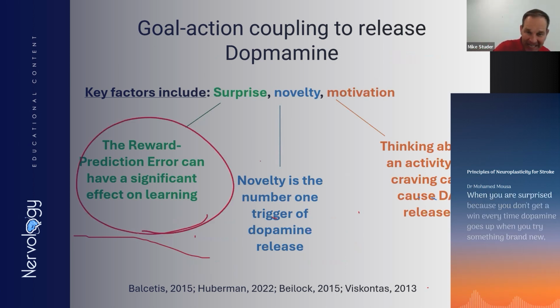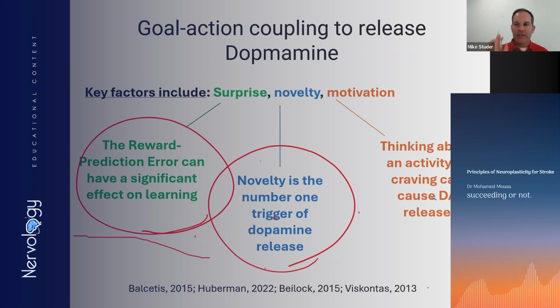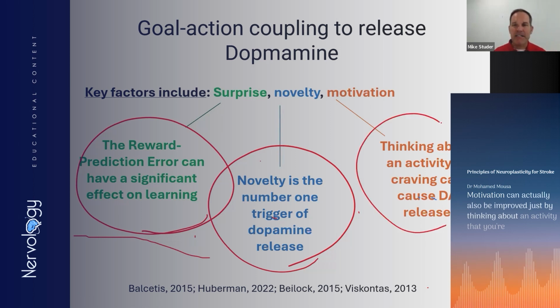When you are surprised because you don't get a win every time, dopamine goes up. When you try something brand new, succeeding or not, dopamine goes up. That can be meeting a new person, trying a new food, or attempting something for the very first time again after your stroke. Motivation can actually also be improved just by thinking about an activity that you're going to pursue